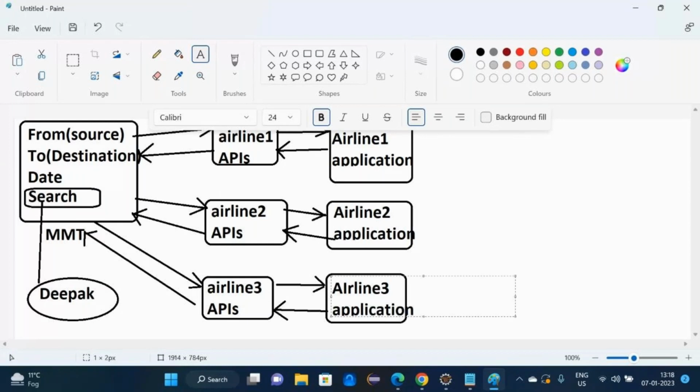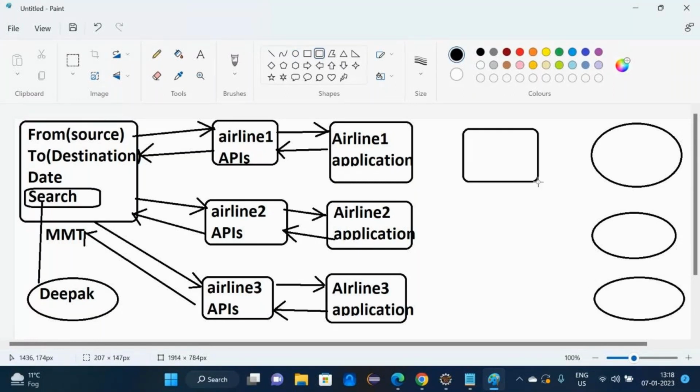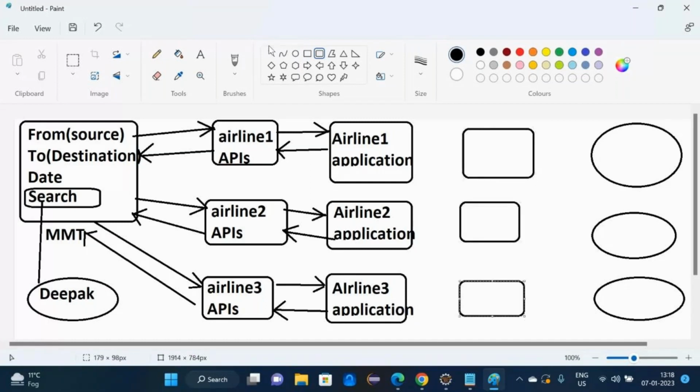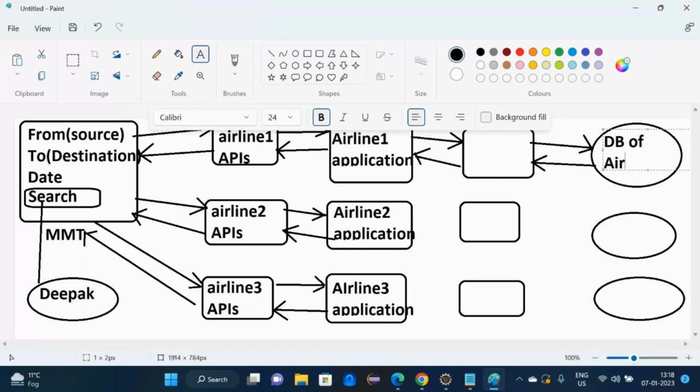Now, different airlines have their databases, yes or no? It's the database of different airlines. In the middle, again APIs. Now, airline 1 is bringing the data from where? Airline 1 database. Who is bringing that data? APIs. This is the DB of airline 1 application, and this is the airline 1 APIs. This is airline 2 APIs,